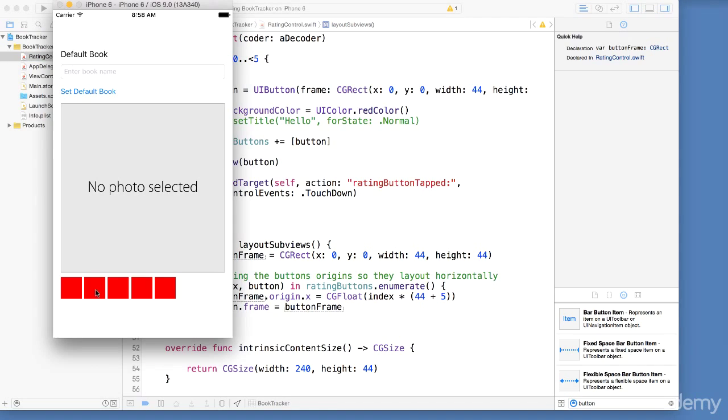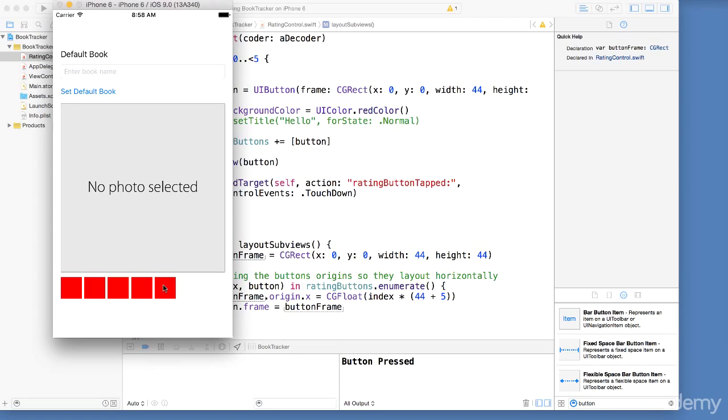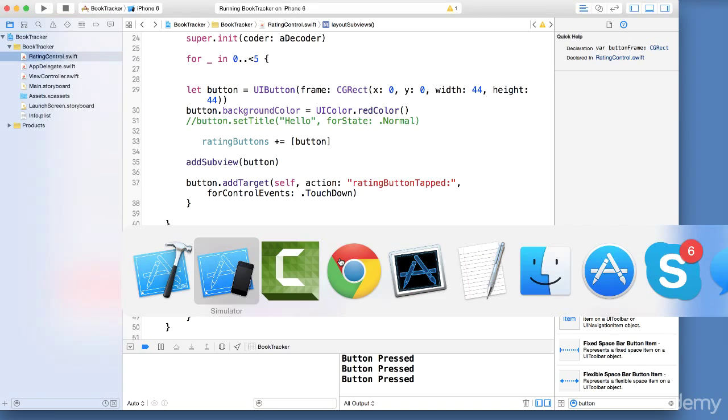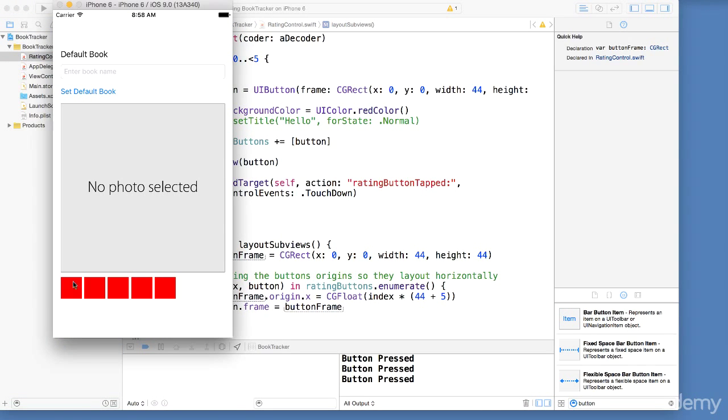And look at that, there we go. We got 5 buttons here, and they all have that event as well. So we are able to dynamically create a view and put all of these other small views, small rectangles, or buttons per se, because we've added the tap event. And we're able to do all of this dynamically in our code.